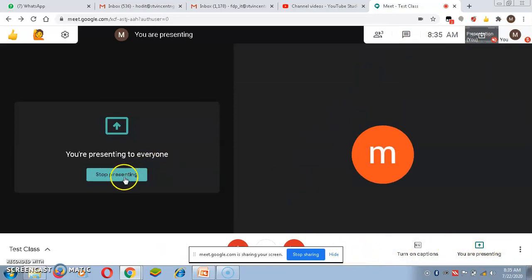Whenever you want to stop a presentation from your side, you can click on this icon. Now the presentation is possible from both the side. Whenever teacher want to present, he or she can present using this button to everyone.